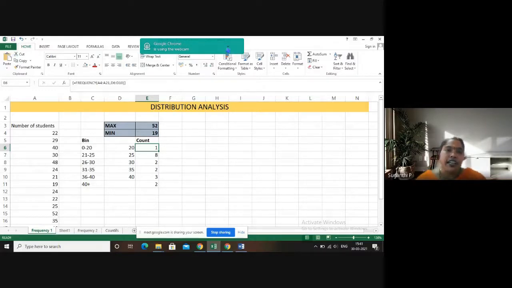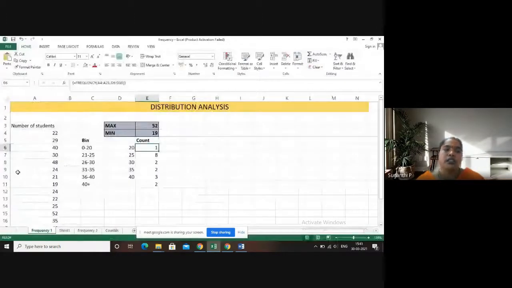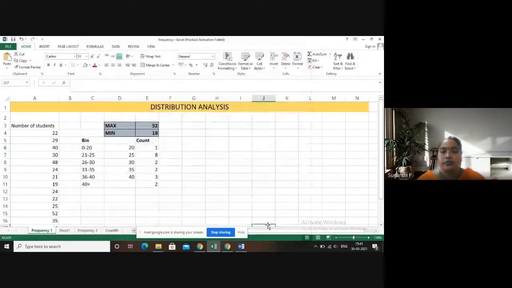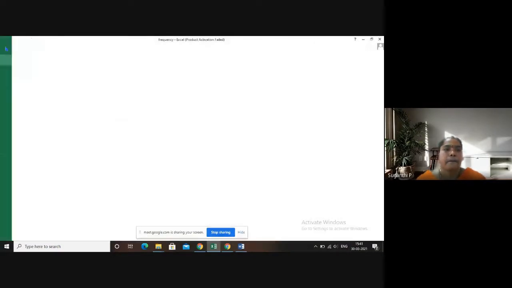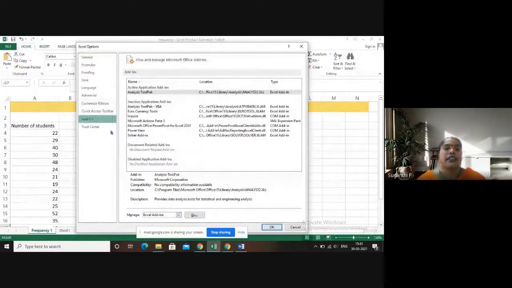If it is not enabled previously, then you have to click File, then go to Options, then go to Add-ins. Once you click Add-ins, you can see a menu called Manage at the bottom of the window. By default, it will have Excel Add-ins, and then click Go.